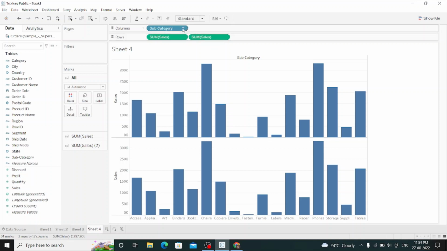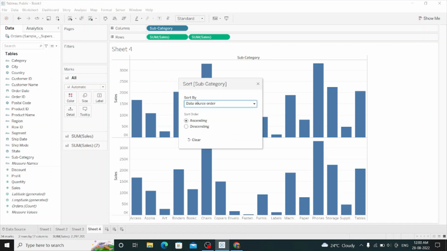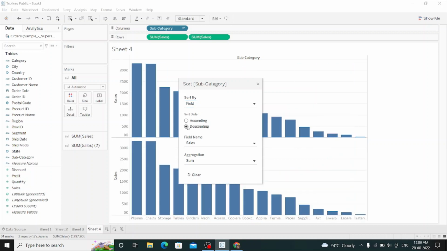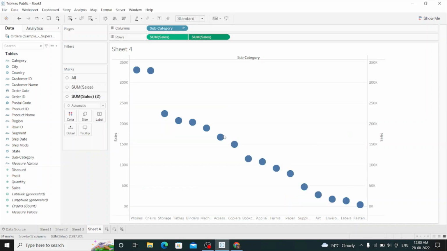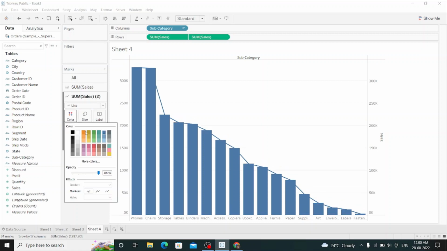First of all, we will sort the subcategory according to the sales in descending order. Then I will take it as dual axis. It's all looking like circles, so I will change the marks card, one as bar and the other as line, but I need to change the color of the line as